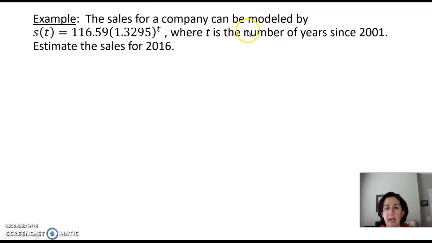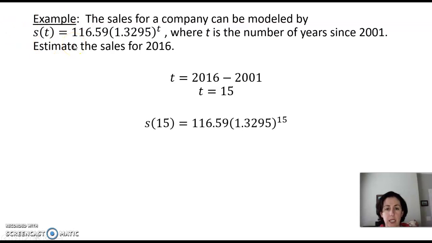You can pretend like t is your age, and this is the year you were born. So if you were born in 2001, and it's now 2016, and t is your age, you can find that age by subtracting 2001 from 2016, and you get that your age is 15, or that t is 15. So if I want to estimate the sales for 2016, into the sales function here, I will plug in t equals 15. And when I calculate that out, I get